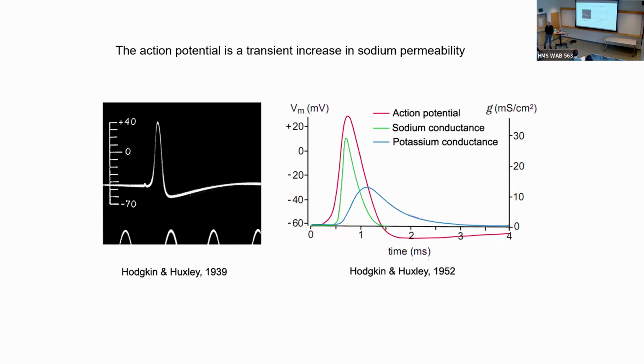They were not thinking about ion channels. They were not thinking about pores in the membrane. They were thinking about these voltage-dependent conductances. So they didn't talk about channels. They talked about these as conductances. And they were very careful in their discussion not to say much about it. And apparently they were thinking of carriers in the membrane. They were thinking that these probably worked as something where sodium would bind to something and then be transported through the membrane in a complex with it.